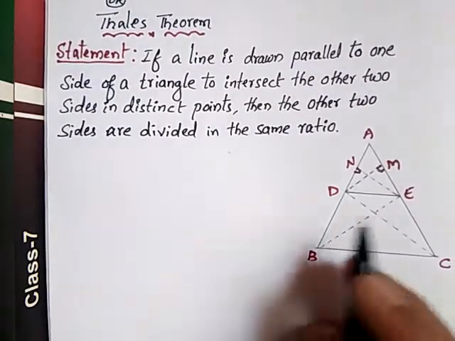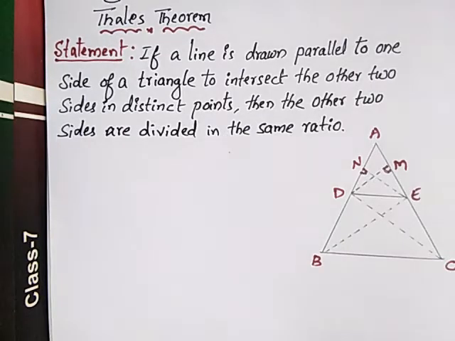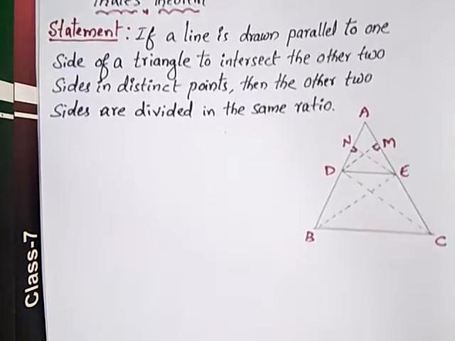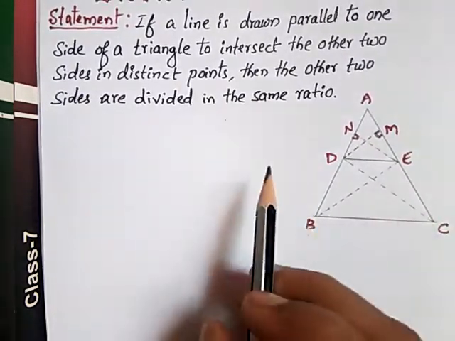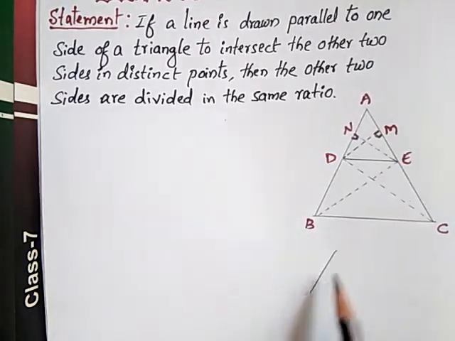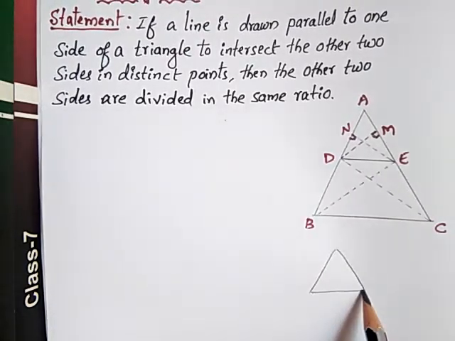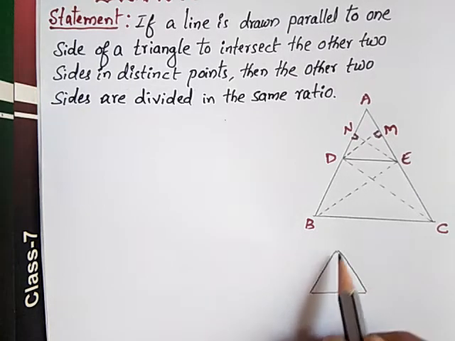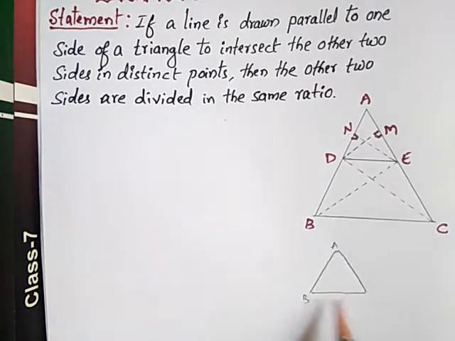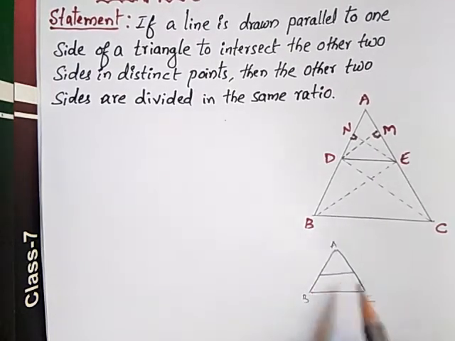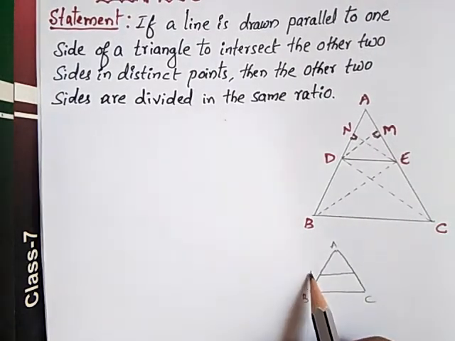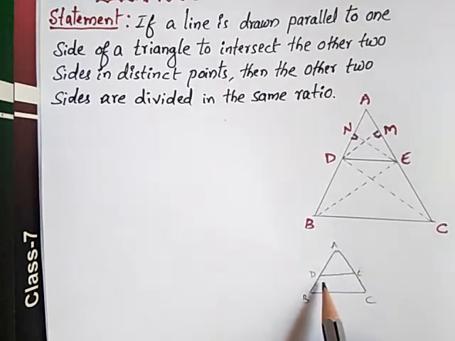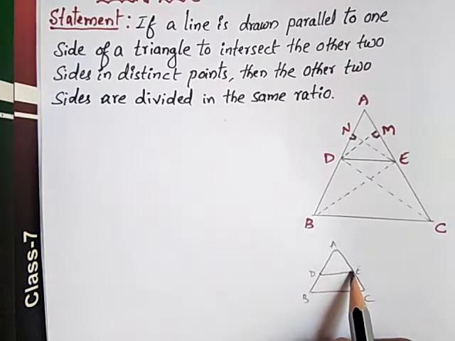The meaning of this statement I will make clear first. What is given here: if a line is parallel to one side of a triangle, there is a triangle like this. I will give the name ABC to the triangle. Then I draw a line parallel to one side of the triangle, and I will name the line you are drawing DE. So DE is parallel to BC such that it intersects at the points D and E.